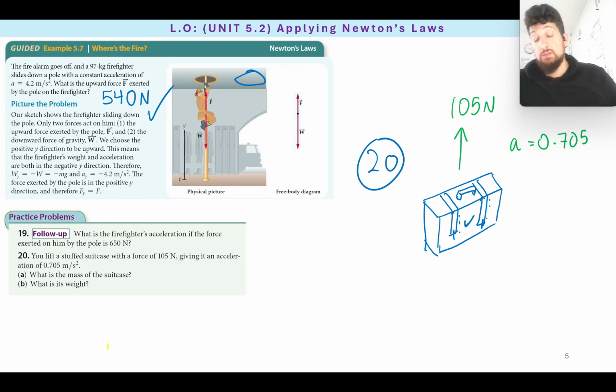What is the mass of the suitcase? Well, remember, there's acceleration acting downwards, that is gravity, and there's acceleration acting upwards to counter it. Otherwise, let's assume a situation where the suitcase is super heavy and you put it on a floor that's not very strong. Then the suitcase is going to go through the floor